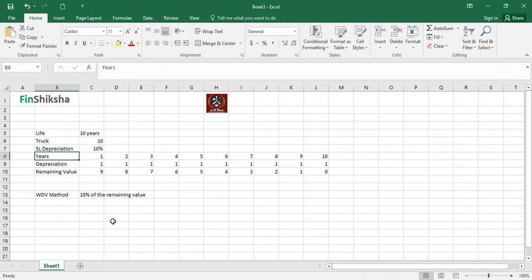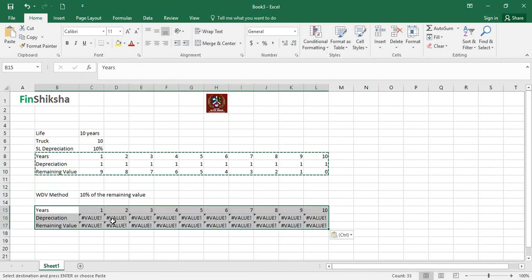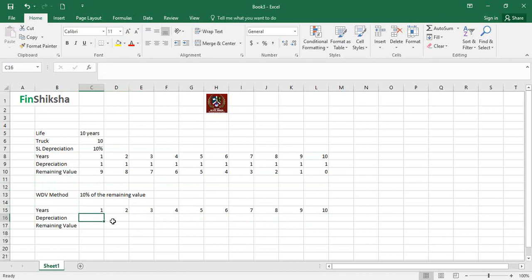So I'm again going to copy the same bit, Control C, Control V. Obviously, there are value errors. We'll remove all this. Now, in the first year, the depreciation is going to be 10% of 10, right? What is the remaining value? 10 minus 1. Now, the depreciation in the next year is going to be 10% of the remaining value, not